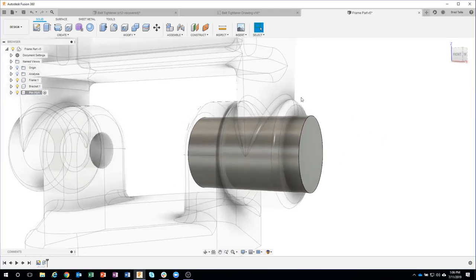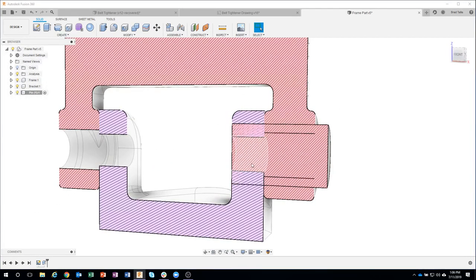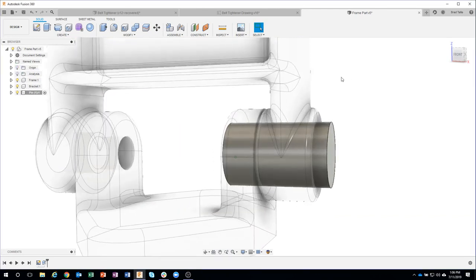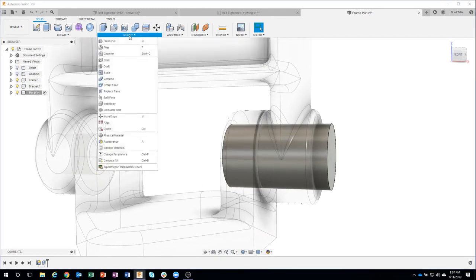Now you're probably sitting there going, well, if we turn on our analysis, we're obviously clashing with our other parts. And sure enough, we are. OK. Oops, not origin, analysis. So I'm going to use these existing parts to change my design. I'll come in here and say modify,